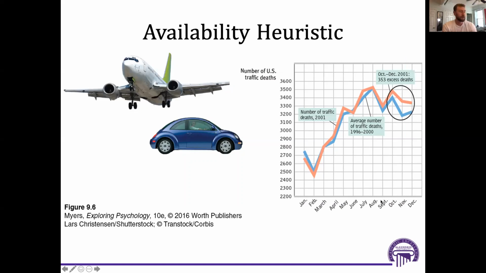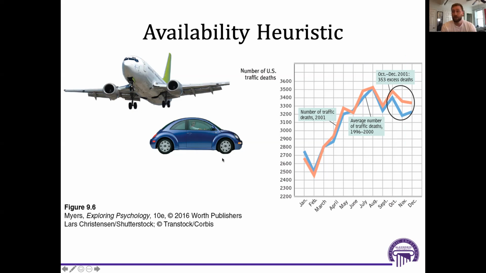You see that it spikes here in the summer months. It makes sense because more people are vacationing and things like that. More people are on the roads. But what I want to draw your attention to here is where these 2 lines diverge, right here, right after September. So of course we know September 11th, 2001, that's whenever there were all these terrorist attacks, of course, right? And so in the aftermath of those attacks, what ended up happening is that people were more afraid to fly by plane.